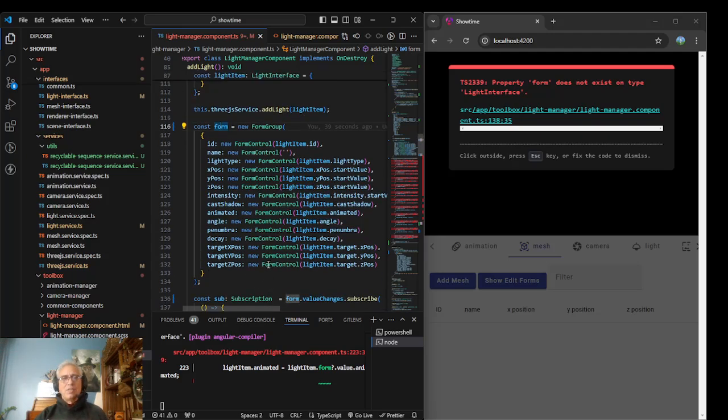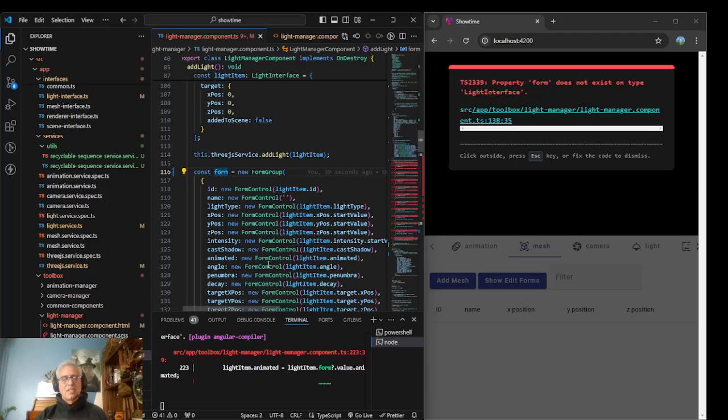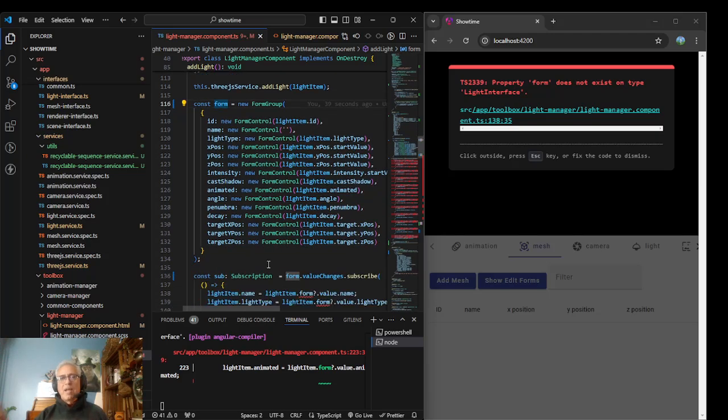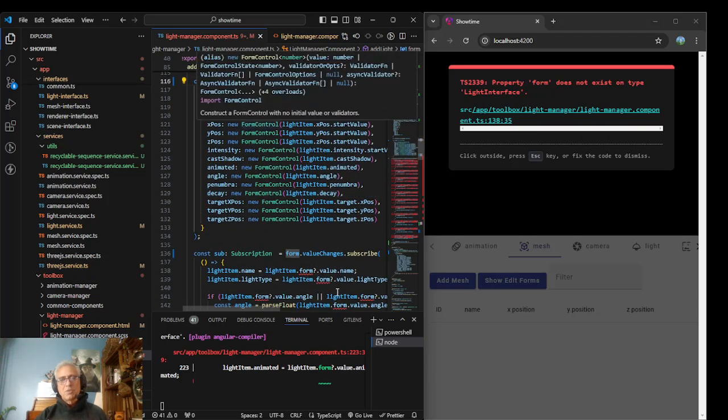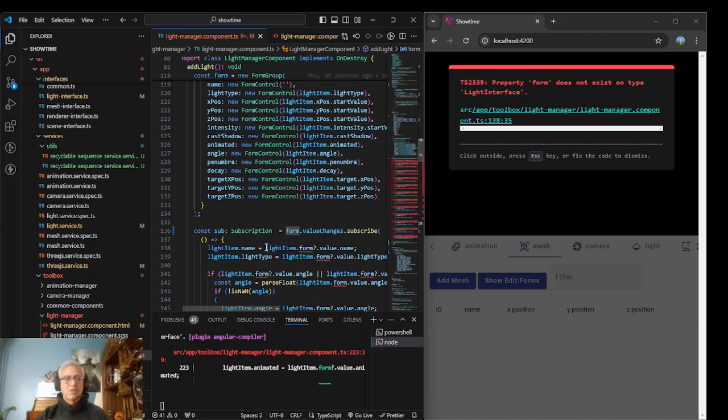And even though this runs for every single light, so I could add three of them, not Angular, but JavaScript, the browser keeps track of which one is which. So I don't think we need the comma. Okay,